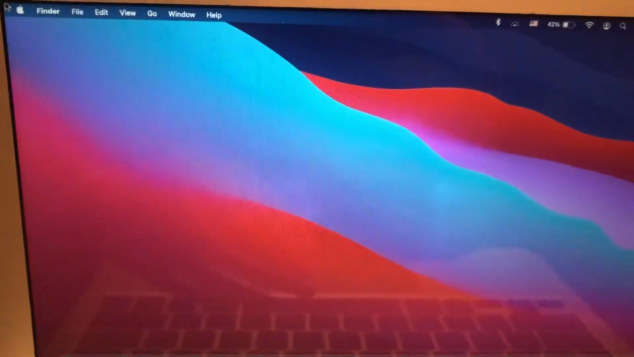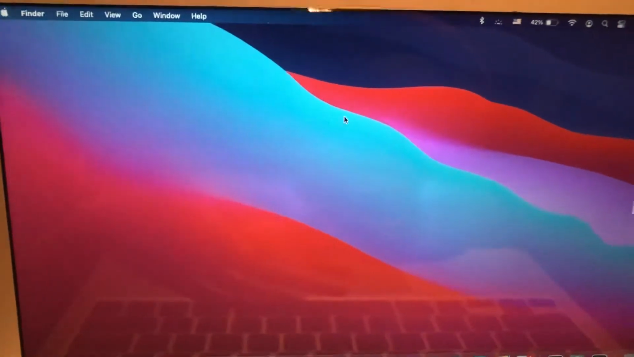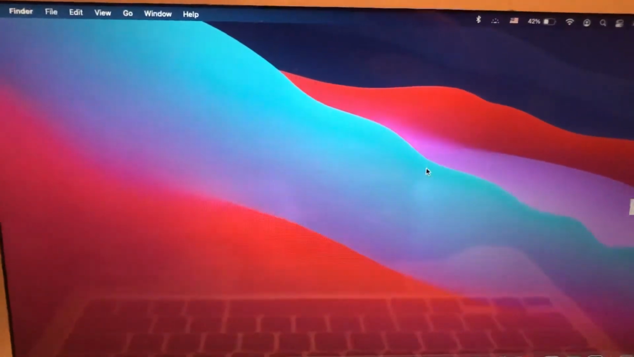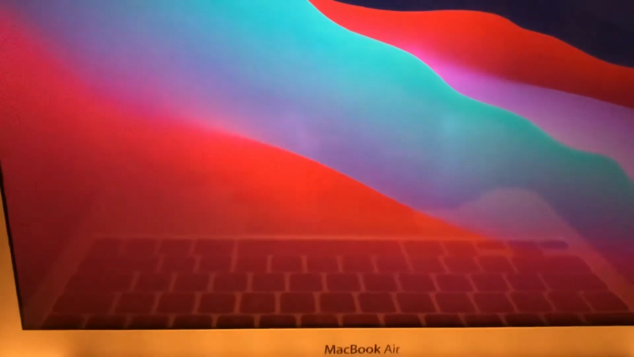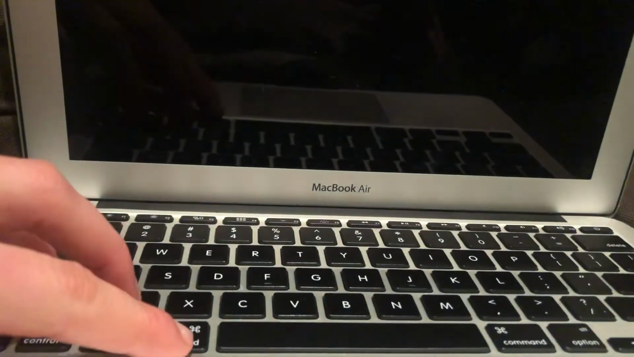Just turn off your Mac. Tap on the Apple logo, choose Shut Down and submit shutting down your computer. Now just wait until it closes all of your apps and powers off your computer. After, you need to power on your computer, so just tap on power and